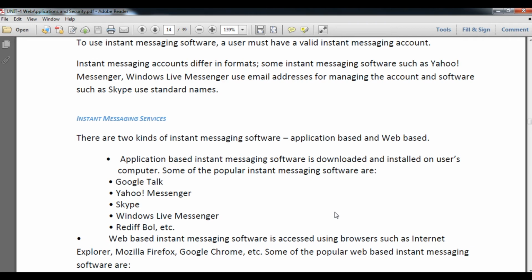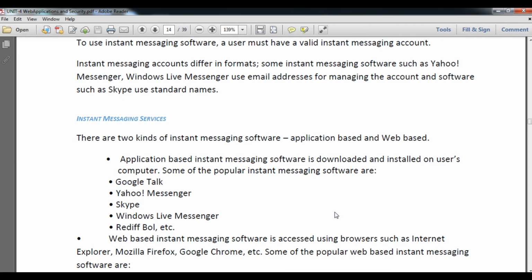If you are using an older version of Internet Explorer, it will not work well, because the software provides new tools and advanced technology. So whenever you are using web-based instant messaging software, your browser should be up to date,